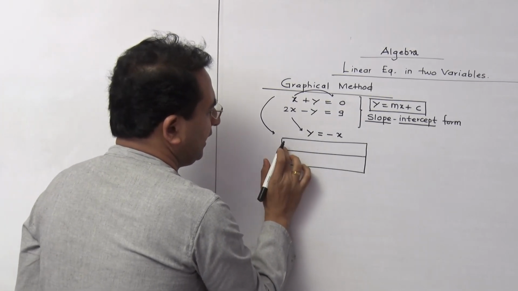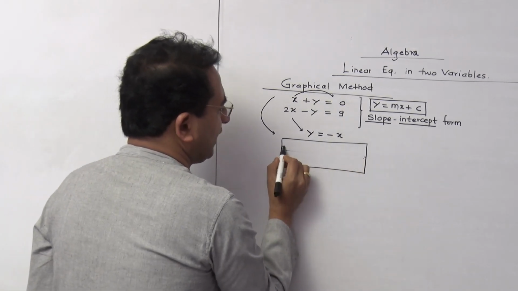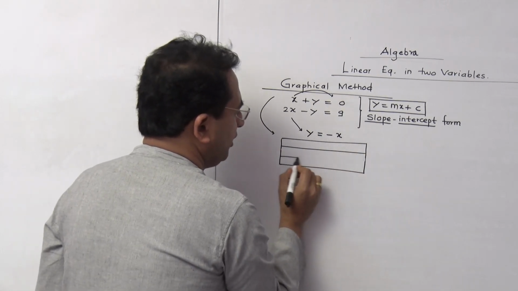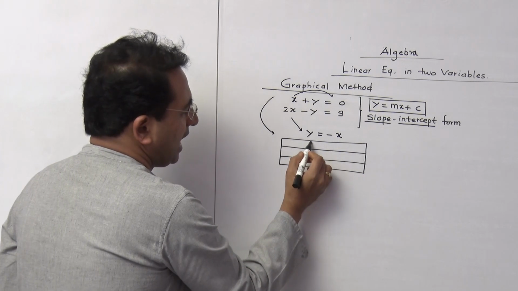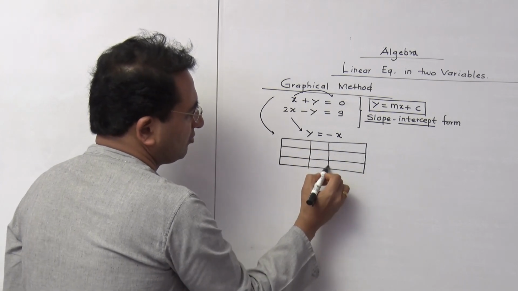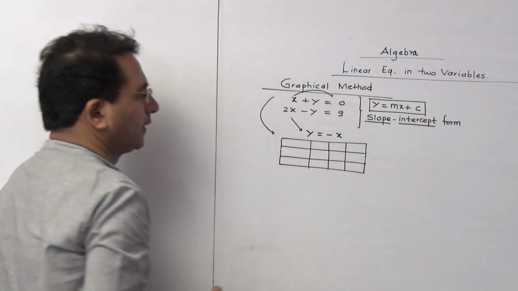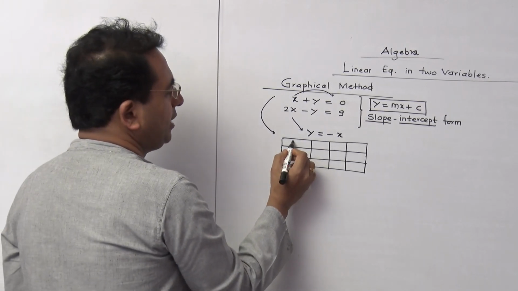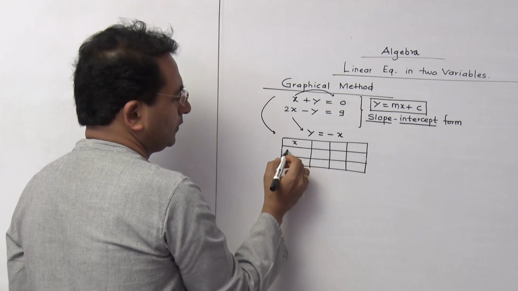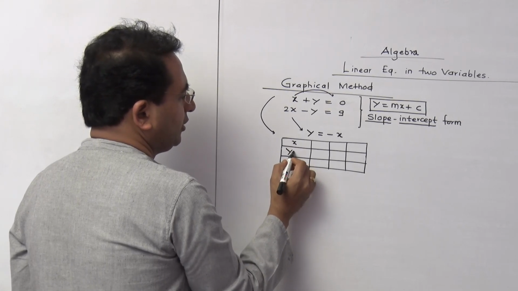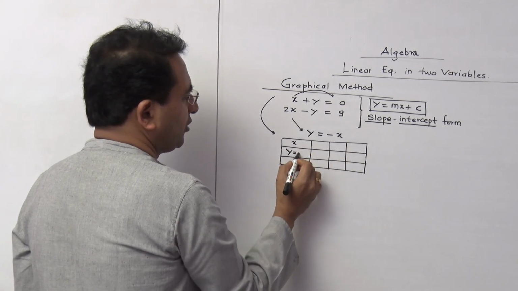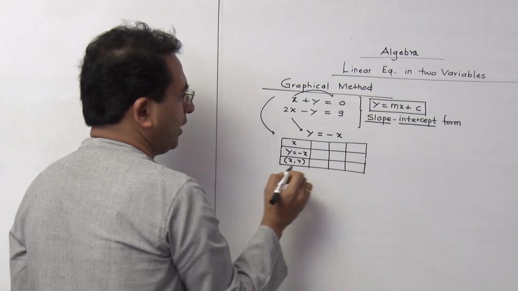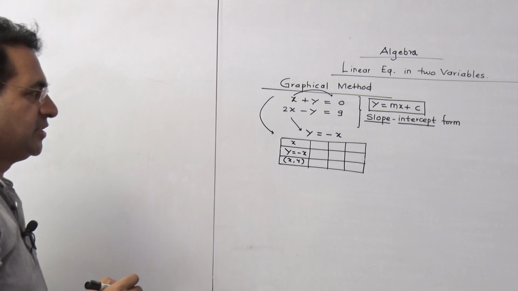There is something like one rectangle. In that we are supposed to draw 3 rows and 4 columns like this. Now we consider x as the independent variable, and then we are writing the new equation for y which we have generated. y is equal to minus x, and here we can just write x comma y. Is that clear to you?